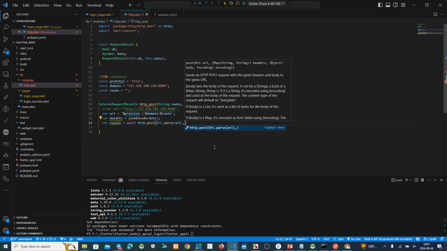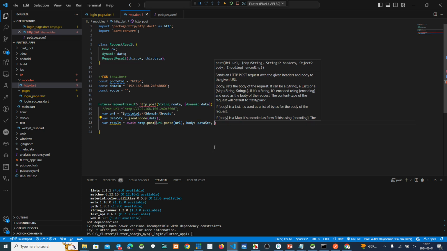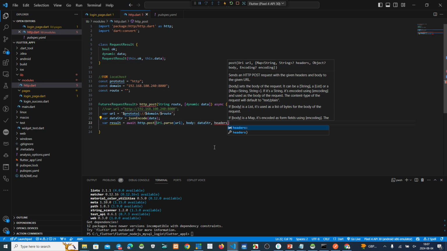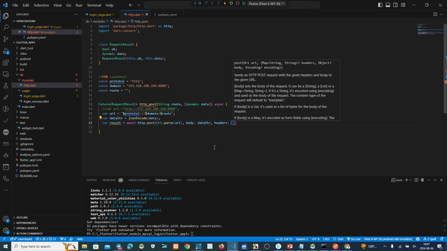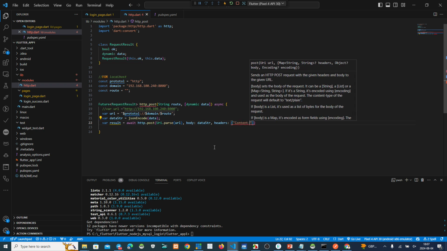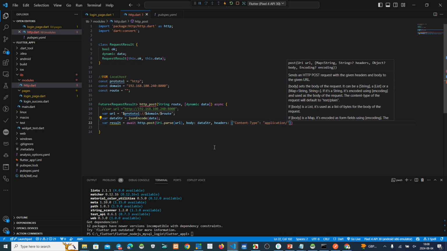Okay. Body: data str. Header: content type, application/json.